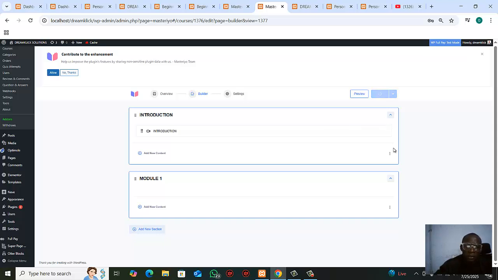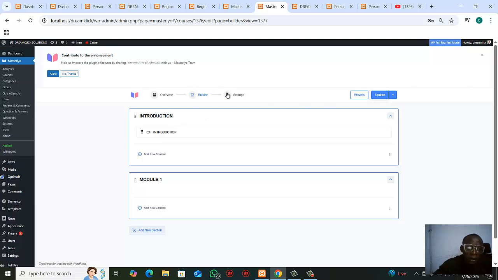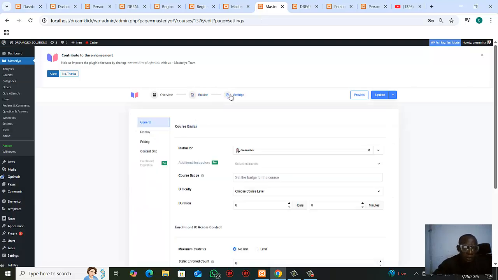Click publish. You click publish. Then the next thing, let's go to settings. Now in our settings, under the General tab,